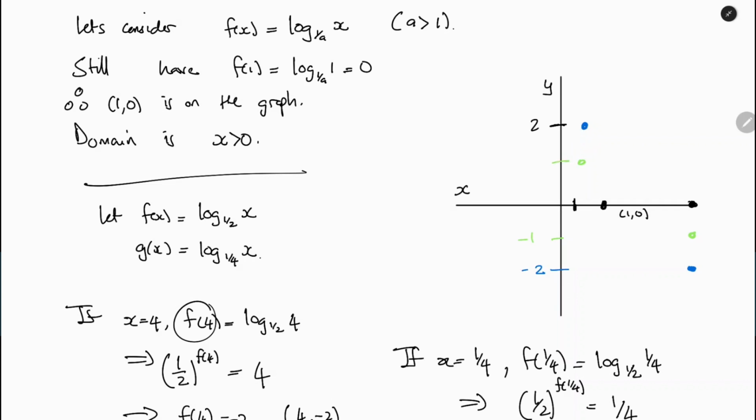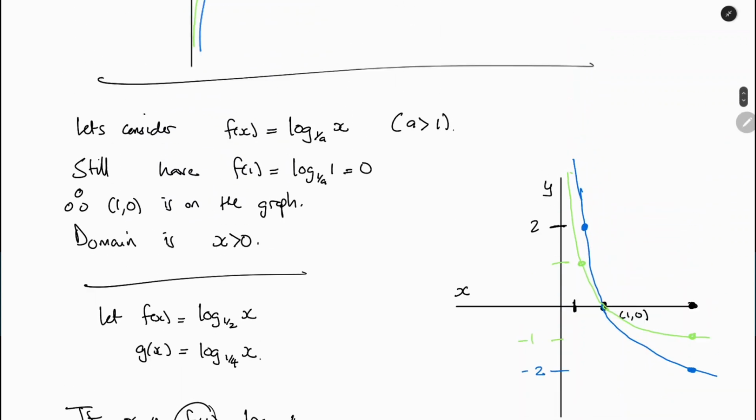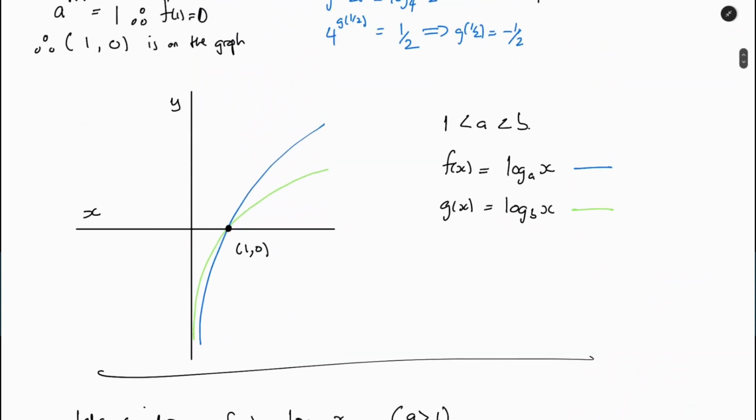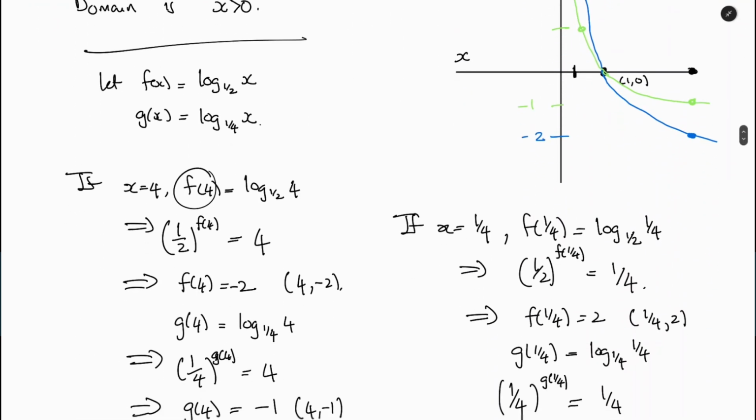Okay, so now we can see here what's happening. We can have the same curved shape like this, with the y-axis being an asymptote, and for g we're going to have again the y-axis as the asymptote, cutting through that point 1, 0, but now going above the graph. So you can see what's happening. It's very similar to what we had here. So in general, in this case,